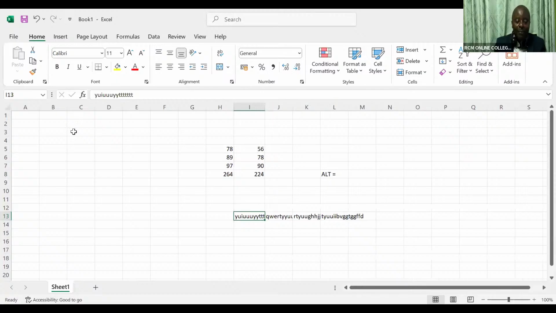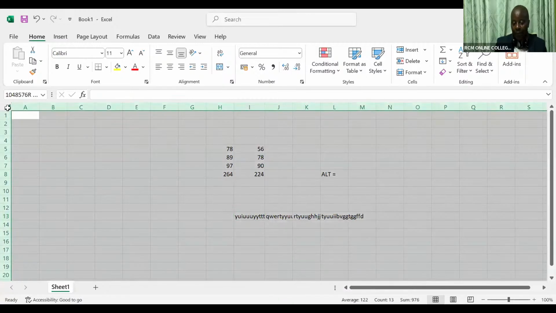You will simply come, for example, there are so many ways of doing this, but the easiest: you simply come to the whole sheet highlighter. It's called a whole sheet highlighter. It's used to highlight the whole sheet, this one here, which is pointing towards the. So you come to the whole sheet highlighter, you click it, and then you go